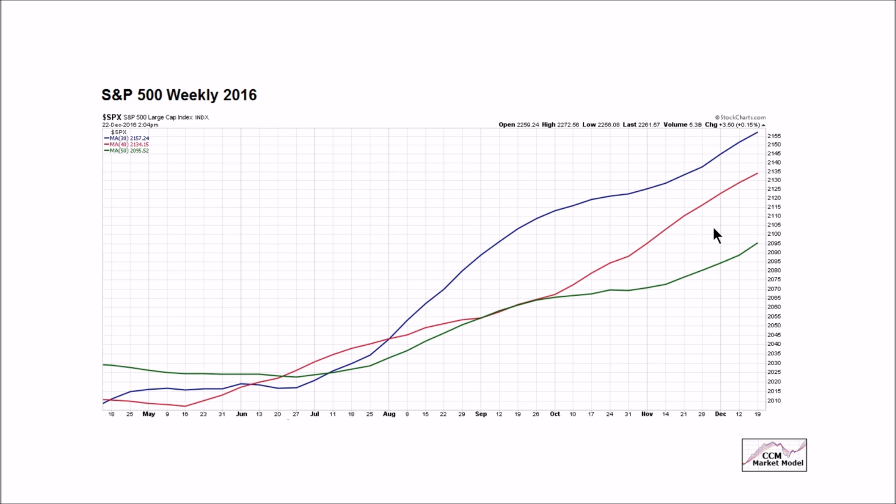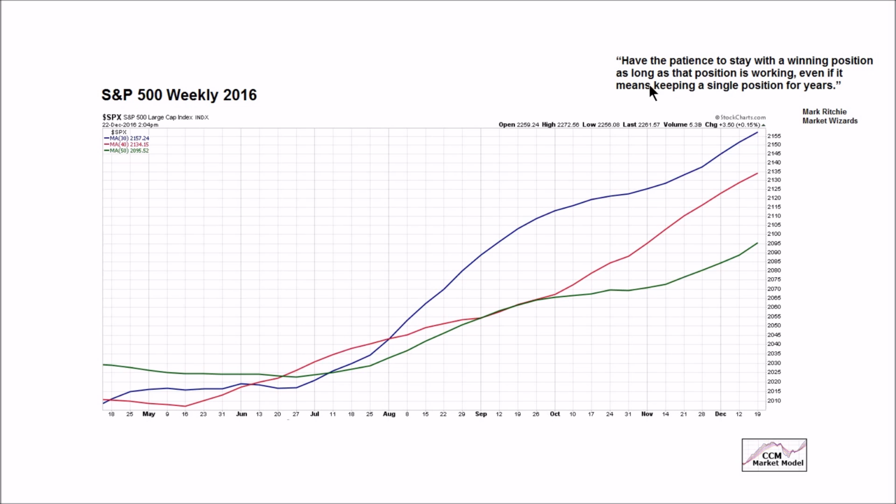Pullbacks and givebacks and red days and multiple red days are always part of the equation, telling us that it's important to have the patience to stay with a winning position as long as that position is working, even if it means keeping a single position for years. This is a quote from the book Market Wizards. If our position was the S&P 500 and these lines were our criteria, this position, despite the recent volatility, is